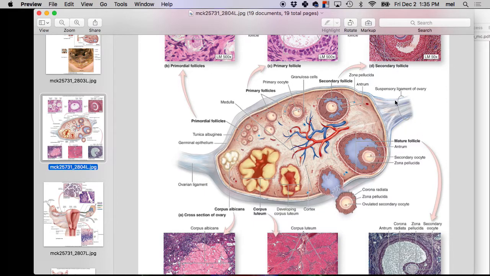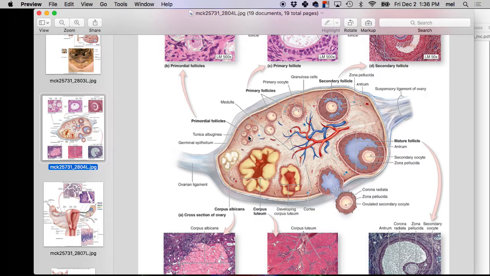Okay, this is the hilus or hilum, where the tubes come and go. Okay, the medulla is blood vessels and nerves. So let's talk about what happens over a cycle. Here's what happens. In a regular 28-day cycle, a woman will start one of these